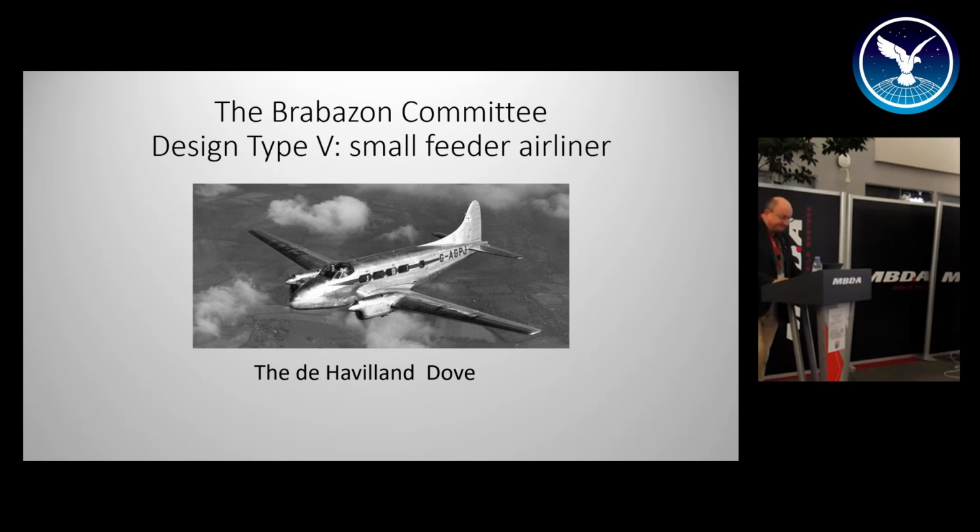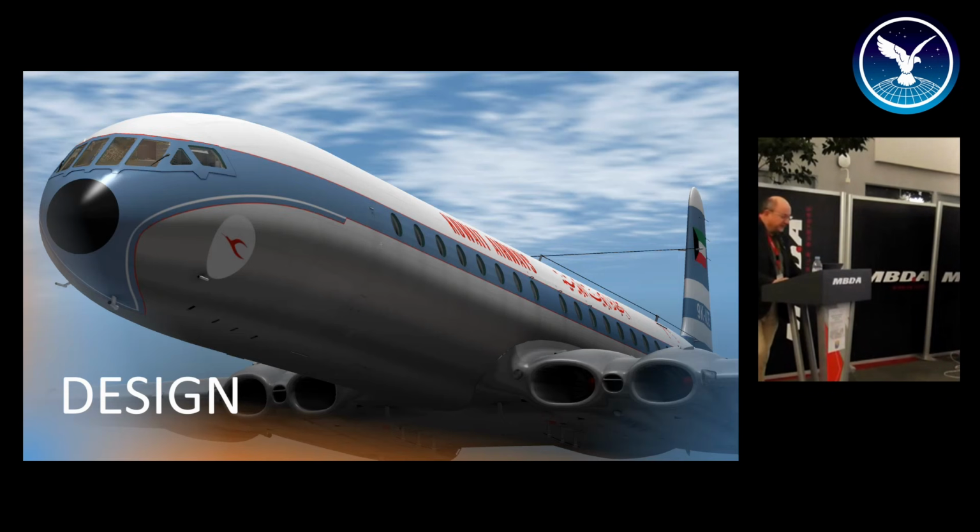Let's look at the design. Let's see what the design was. Okay, this is a memo that goes all the way back to the 1940s. It's 1944, this one. You won't be able to read it, and I'll be able to get a few bits for you here. It's a very high-speed transport aircraft is offered with a limited number of passengers in